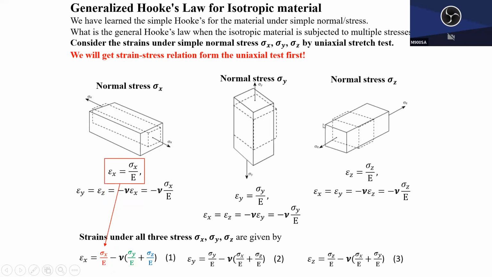Then to set up the 3D case, the first thing we do is set up the 3D strain-stress relationship this way, the compliance relationship. Because stiffness is down here, it's a compliance. 1 over E is the softness, or compliance. Combining these equations here, we can repeat the same thing for these equations.